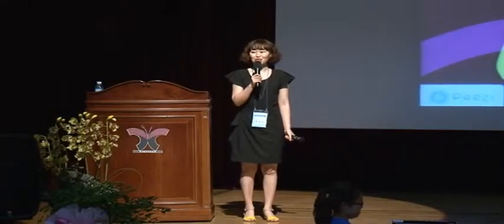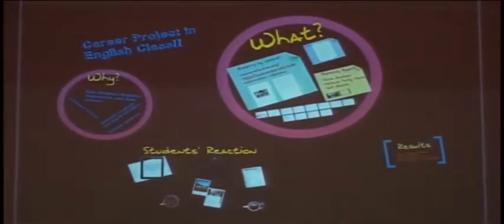Hello, my name is Sang-soo Kam from 경남세타. Today I'm going to tell you about how to integrate Korean materials into our English class. During the presentation, I'm going to tell you first why I became interested in Korean materials. And second, the main part of this presentation, what I did with the Korean materials, and how students reacted to them, and lastly, what was the result of it.